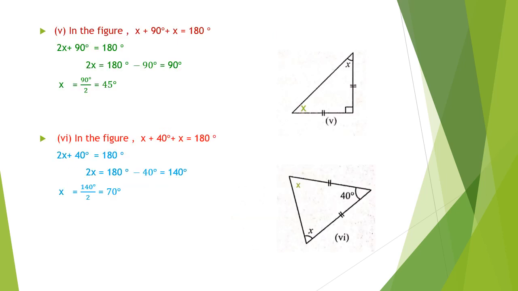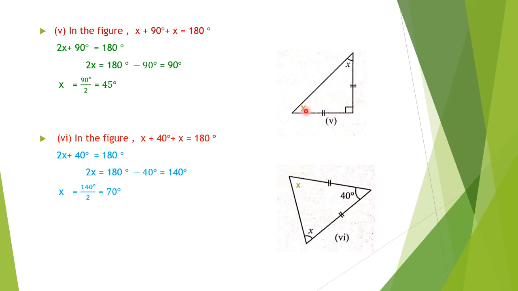Now we have to do figure number 5. We have to find the value x. And marking is given. This mark and this mark show these two sides are equal. Okay. And here one small square is there. What's the meaning of this? It is 90 degree. And children, the angle opposite to this mark is x degree, and the angle opposite to this mark is this x. So both are unknown, so we cannot find the x value directly. So we have to use another method, that is the angle sum property, which we will use here.